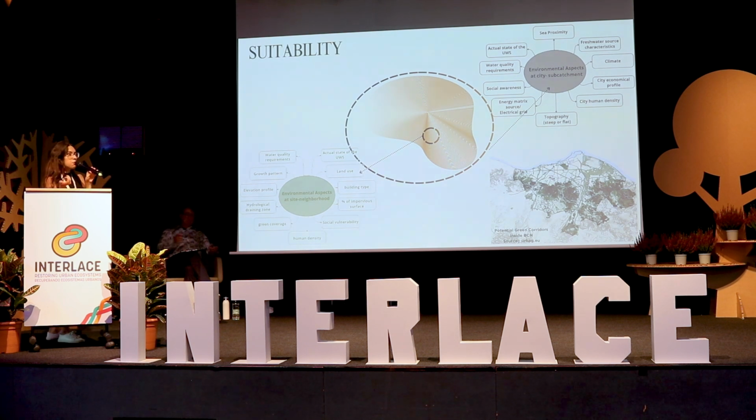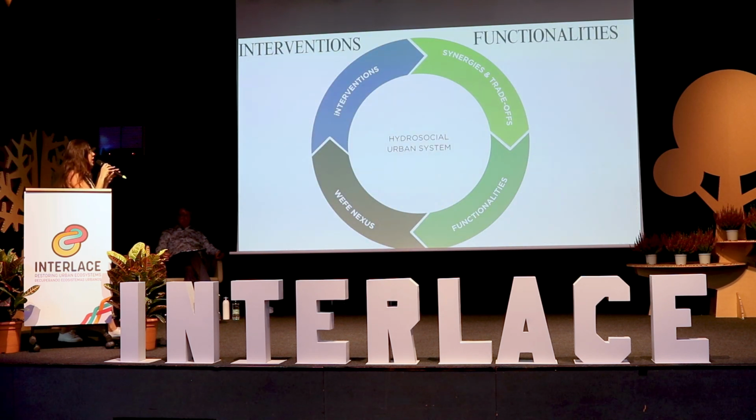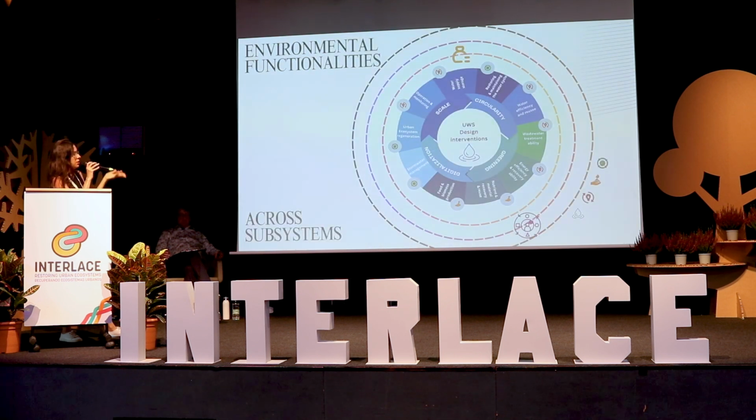And we also should think about the suitability of green infrastructure, and there are some variables at city scale and others at local scale that will affect how much renaturing we want, just green enough. The proposal here is to look at interventions and how these interventions produce effects in terms of synergies and trade-offs between these strategies that affect the functionalities, which are the water services of our urban water systems, our hydrosocial systems that affect the water,